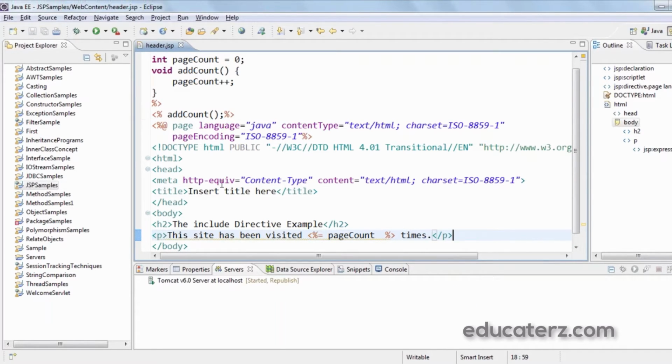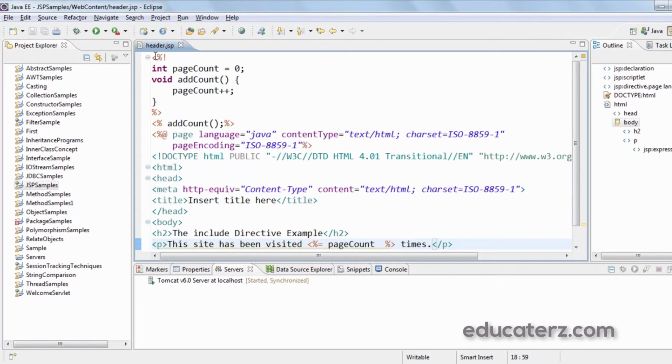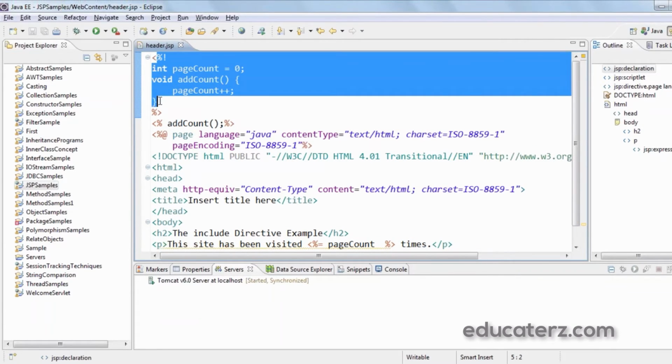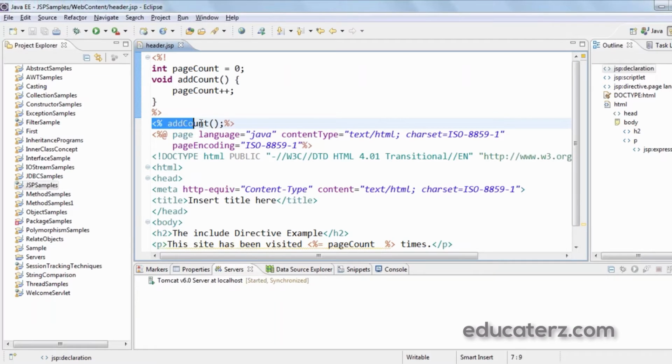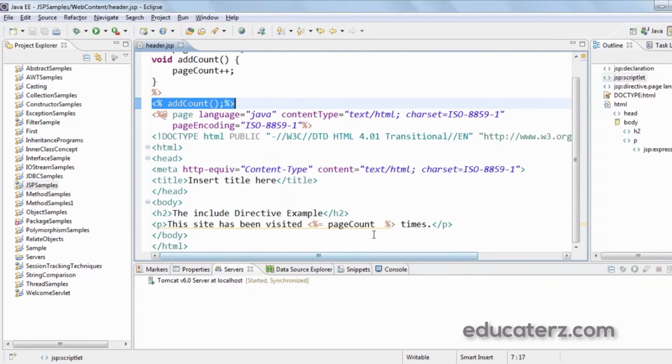So this is my header.jsp in which I am just declaring one instance variable and one instance method and calling the method, and while displaying I am just displaying the page count.